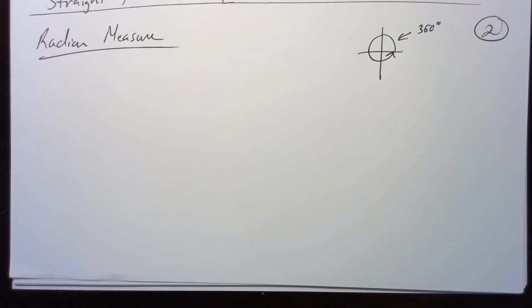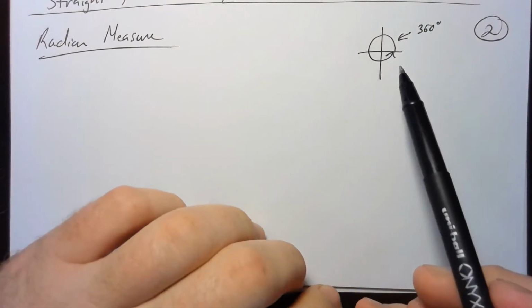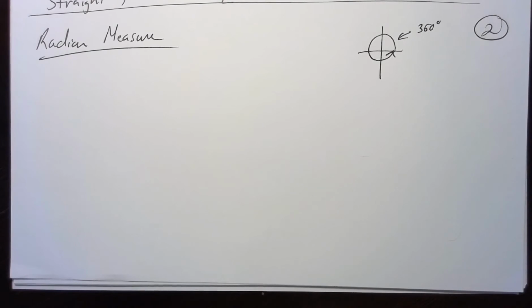So this knowledge was approximately 360 back, I believe, in the Egyptian days, of how we defined the number of degrees in a full rotation, specifically based on the number of days it takes for the Earth to revolve around the sun. Well, this is still kind of arbitrary. Why didn't we use 1,000 or 10 or 100? Degree seems like a very arbitrary number based on what the world works in terms of.